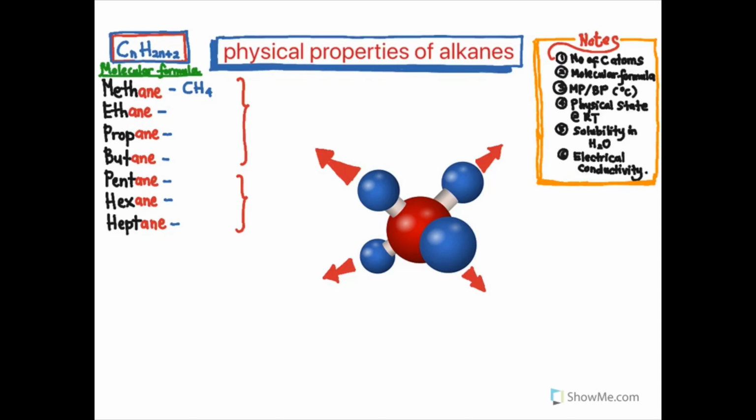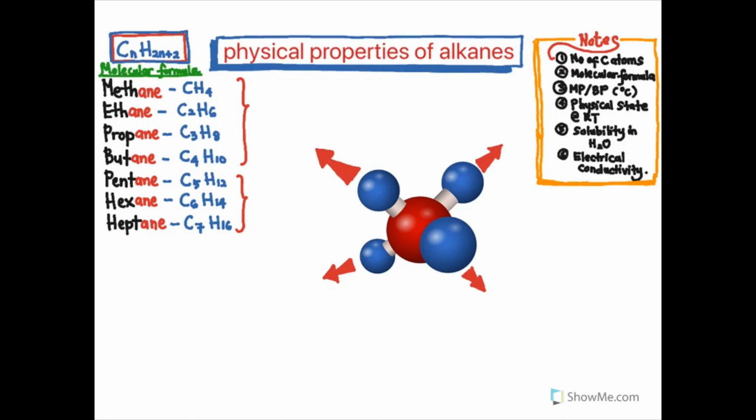The name for each of the alkanes can be written by referring to their general formula and the number of carbon atoms. For methane, the formula is CH4. For ethane, the formula is C2H6. While for propane, the formula is C3H8. For butane, the formula is C4H10. While for pentane, the formula is C5H12. For hexane, the formula is C6H14. And the last one, for heptane, the formula is